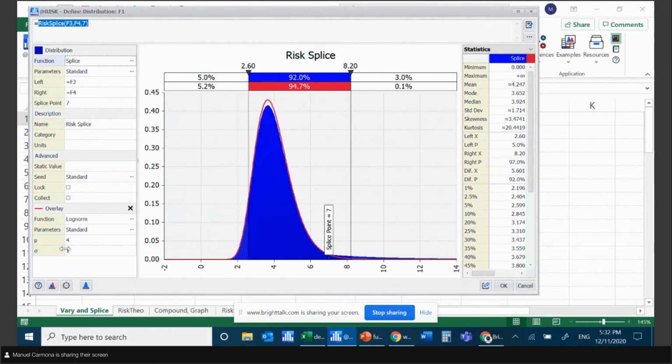Okay, so you can see here that at the splice point, you follow the red line. The red line has a much shorter tail, right? But because we have spliced it with an inverse Gauss, that allows us to sample a much longer tail of a distribution. So what you are doing really is creating like a